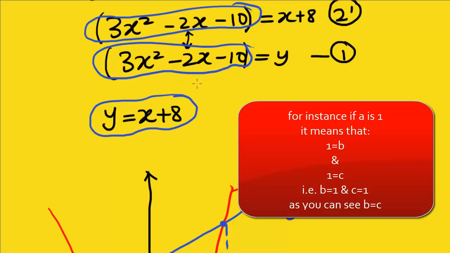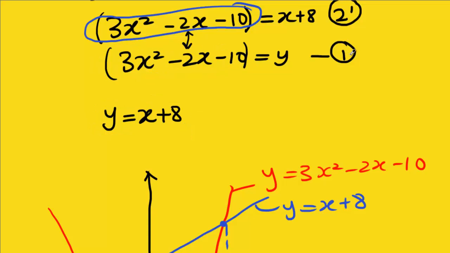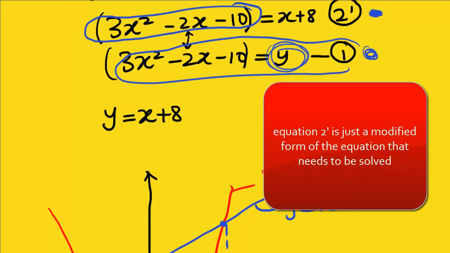And what this is saying is that if you look at the equation of the given graph, when y is x plus 8, the equation of the given graph is the same as the equation we're asked to solve. So you just say, well, I go to the equation of the given graph,